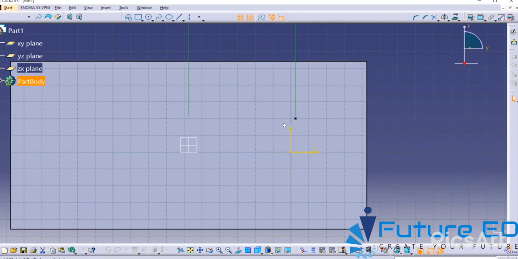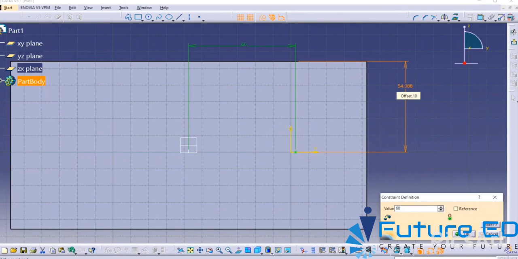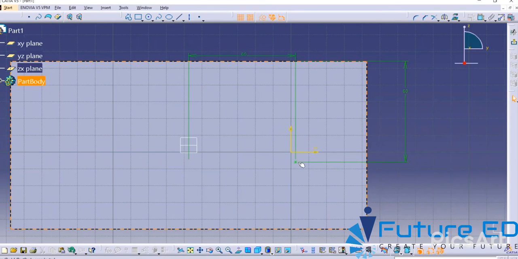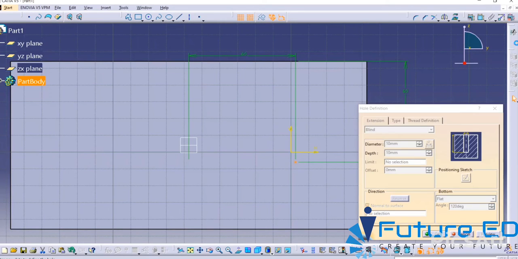Now the hole is moving in the vertical direction, not in the horizontal direction. So right now the point is completely constrained. Let's exit the workbench.